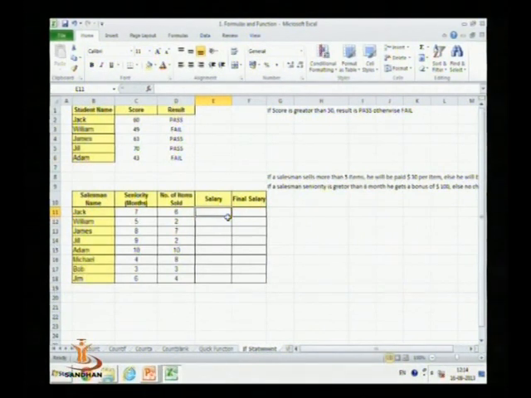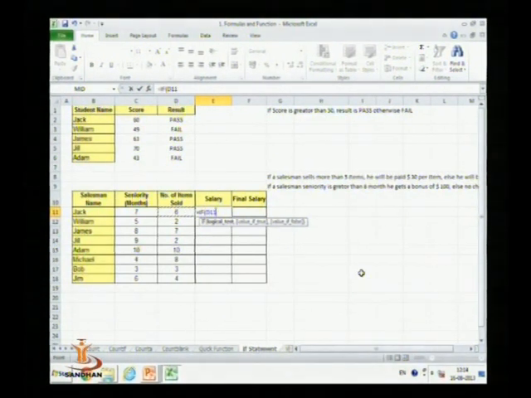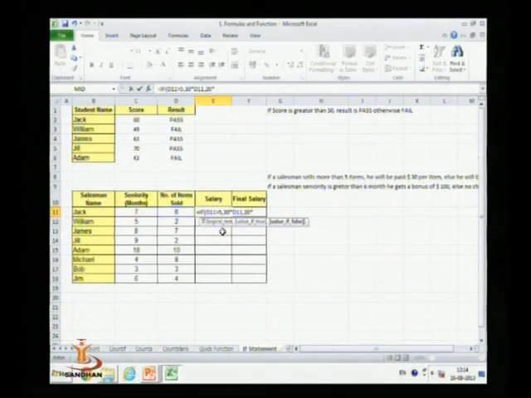To write this function, we add the IF condition. If the number of items sold is greater than 5, then 30 into the number of items, otherwise 20 into the number of items.